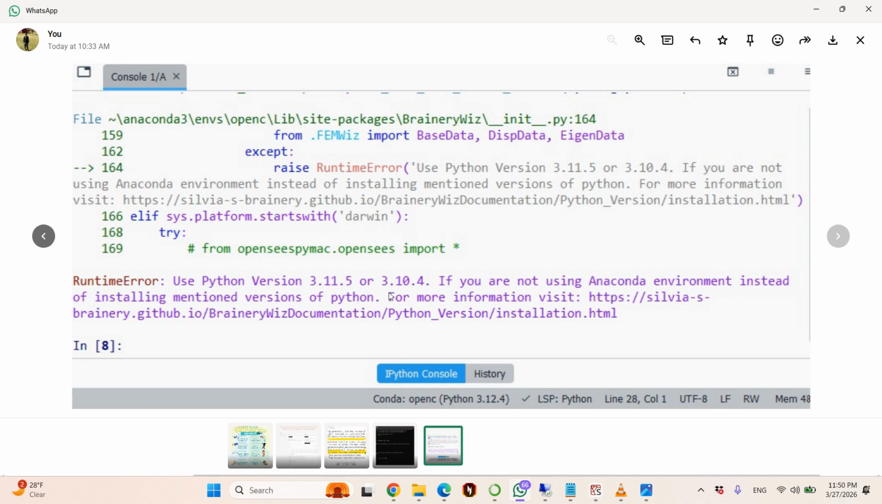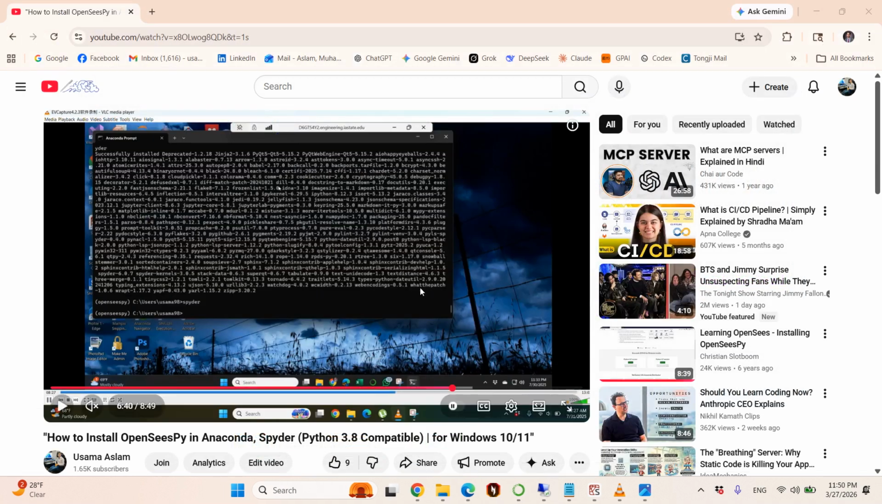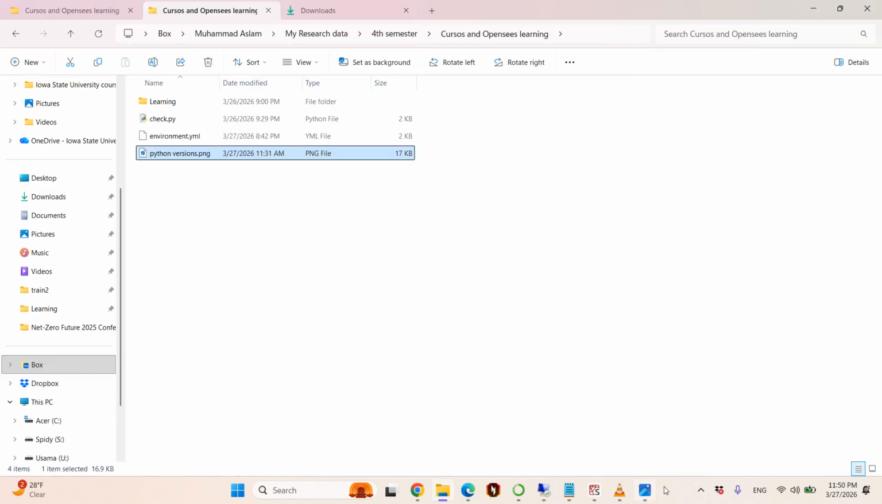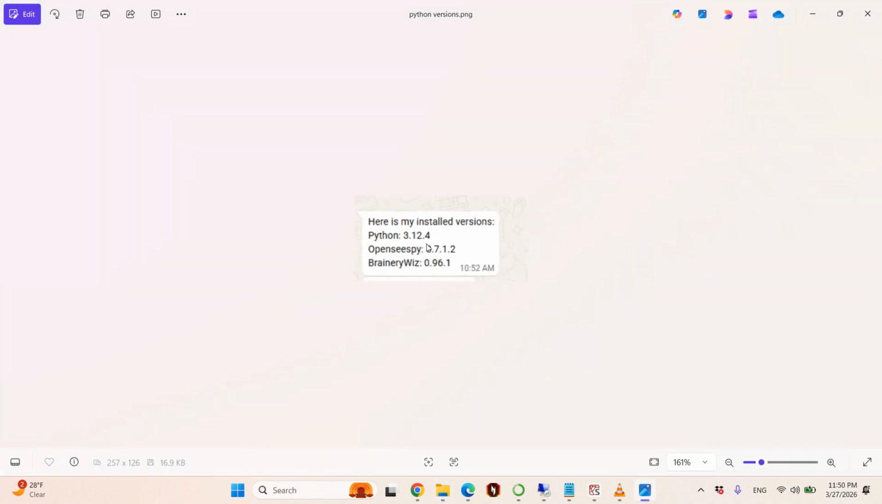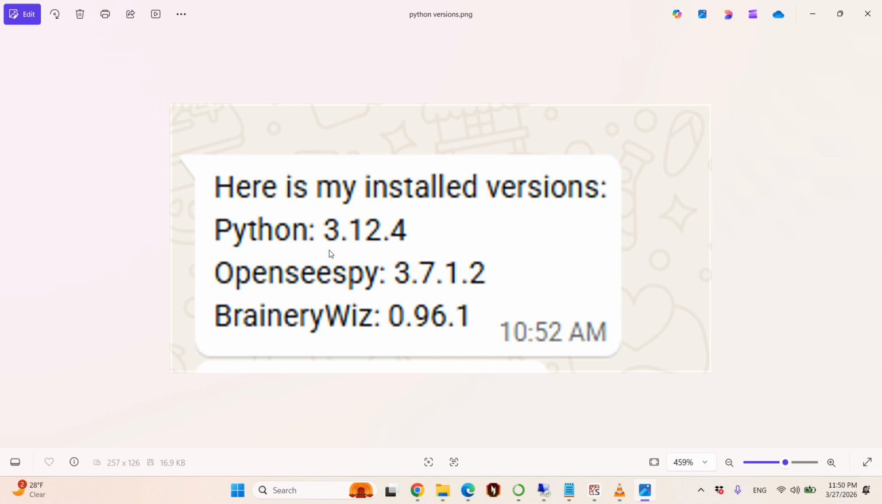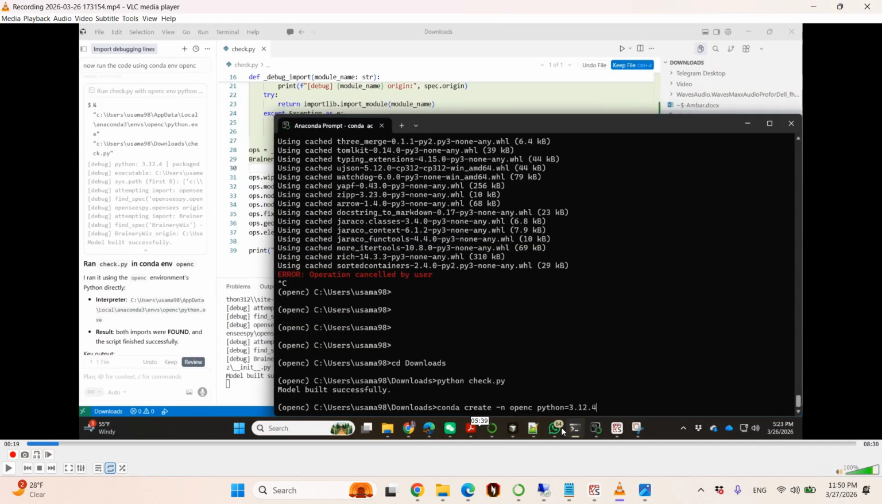But what do we have to do if we want to run BraineryWiz and OpenSeesPy together? If you use this Python version and then just install BraineryWiz, you can run both of these together. I already did this, and I will just show you. First of all, I created an environment, OpenSees, with Python